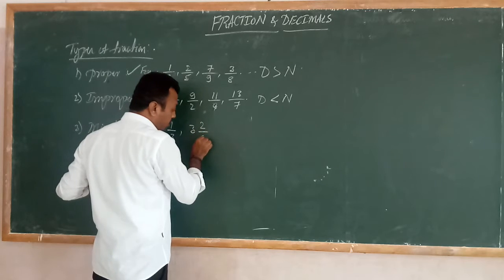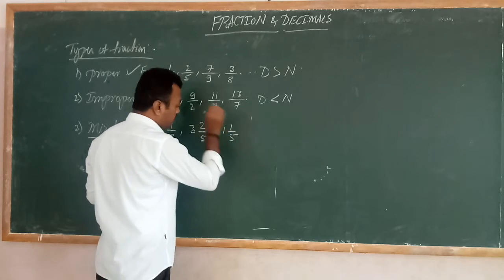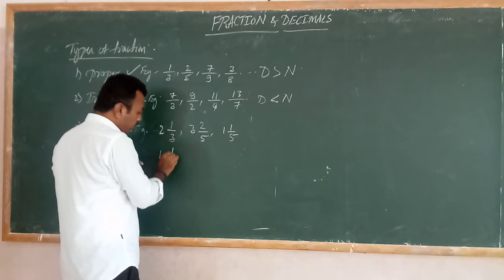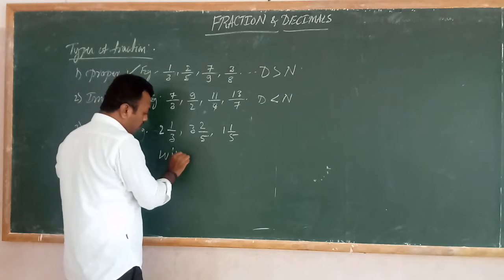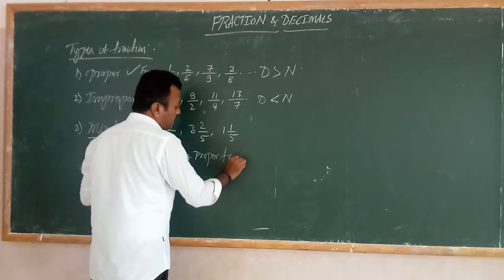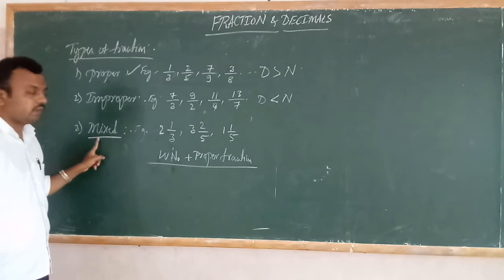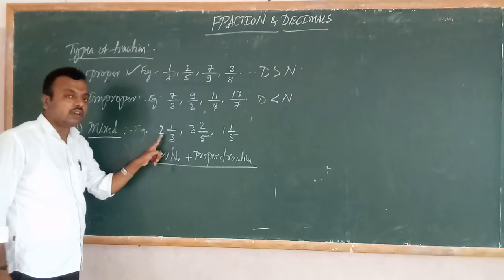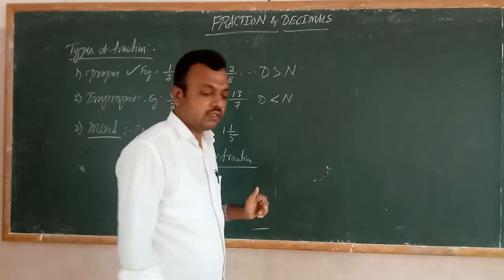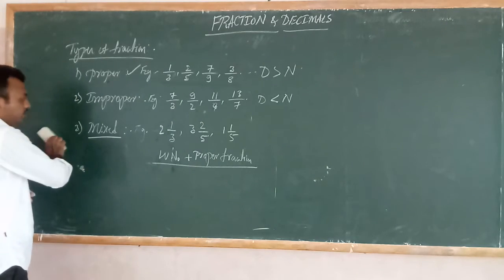3 and 2 by 5, and then 1 and 1 by 5, and so on. See students, in these examples, whole number plus proper fraction. When a whole number is mixed with a proper fraction, it is called a mixed fraction. A mixed fraction is a fraction in which a whole number comes along with a proper fraction. Understood? So like this we have to learn the types of fractions. Okay students? Next,